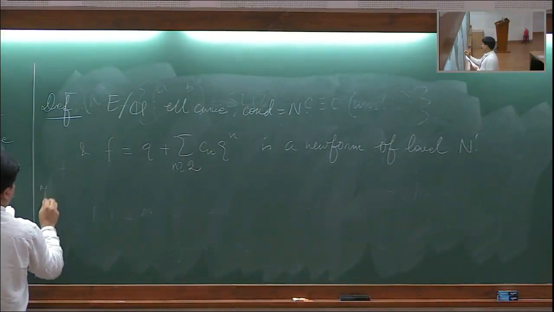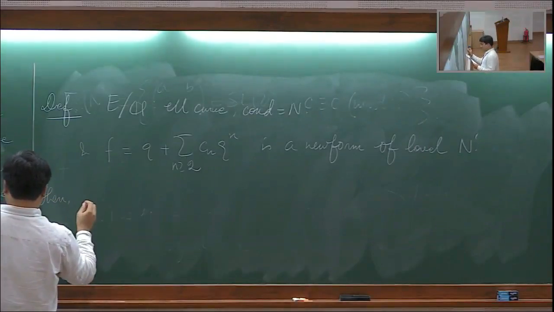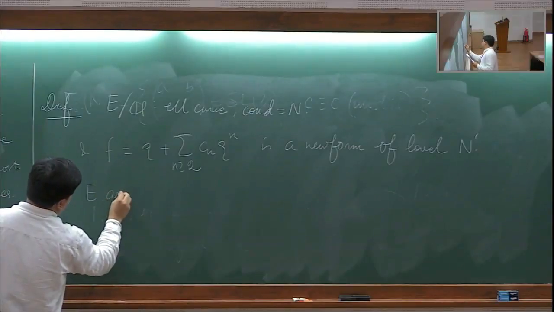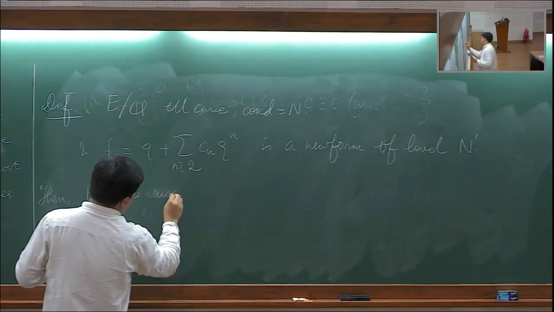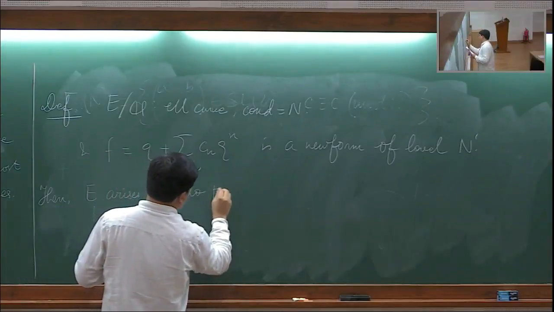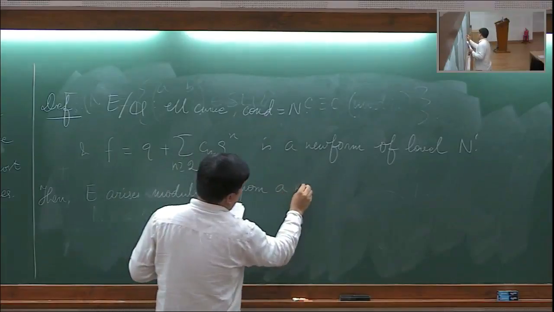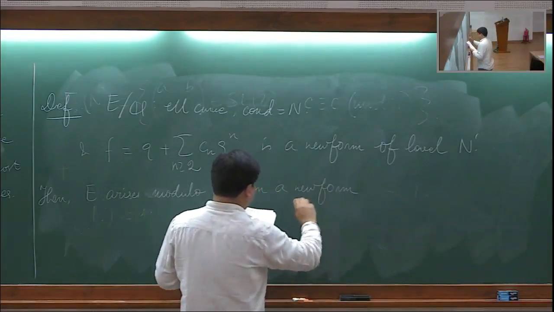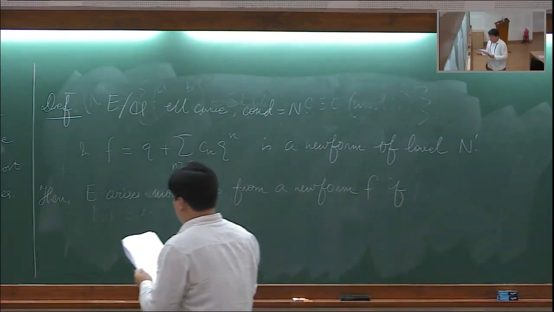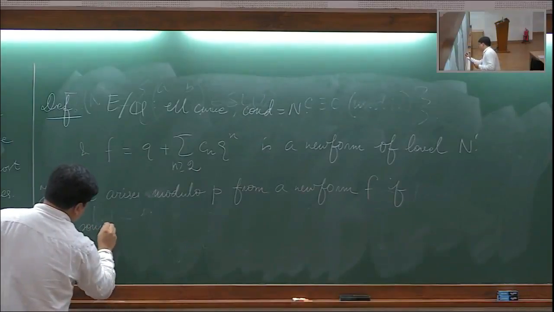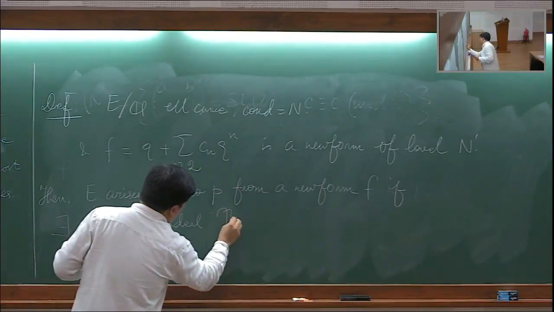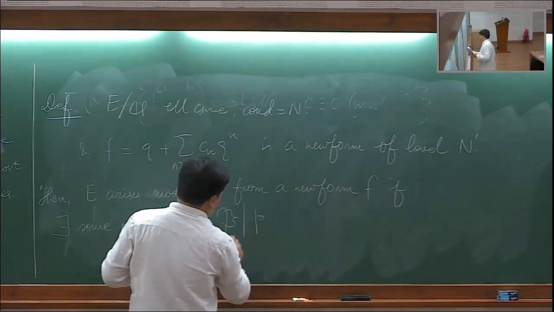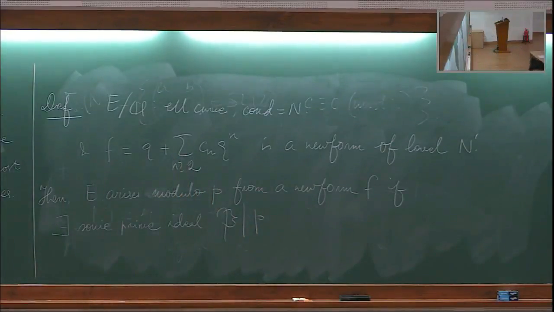So then we say that the curve E arises modulo P, P a prime number, from a newform F. Be careful: there exists some prime ideal, big P, dividing P, in the ring of integers of this field,